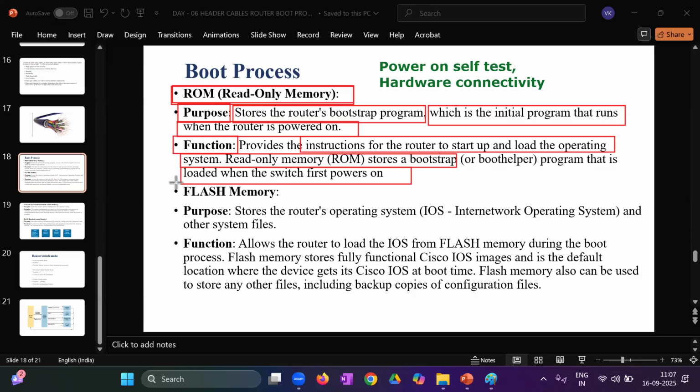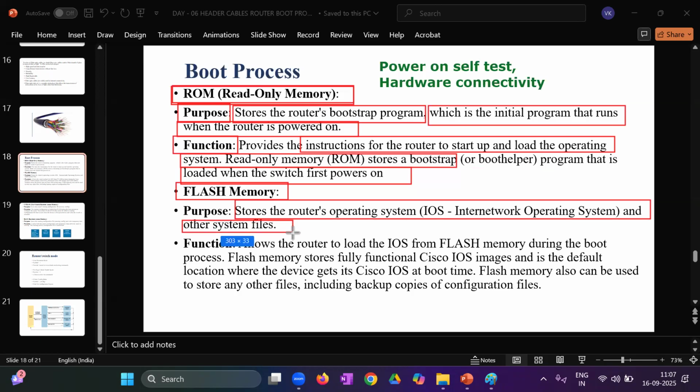And software components, it is going to check in the flash memory. So what is the purpose of the flash memory? It stores the router's or switch's IOS, that is called the Internetwork Operating System, and other system files. So whatever the software components that we have on the devices will be stored where? Flash memory. And flash memory is also an example of what? Non-volatile. So what it does, it allows the router to load the IOS from the flash memory during the boot